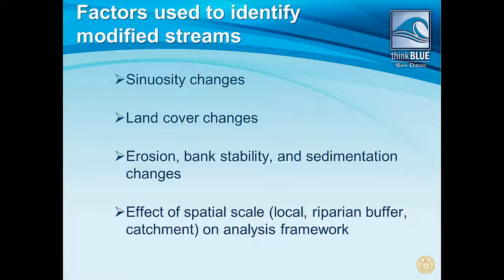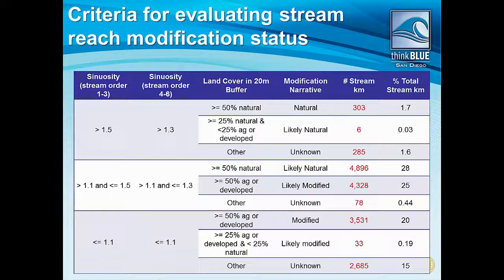About just what sort of spatial scale, reach, site, catchment, do you really need to look at some of these metrics, and how do you look at that? So this is a table showing the criteria that we use. Again, this is for the reach-based method, where we're using the NHD Plus